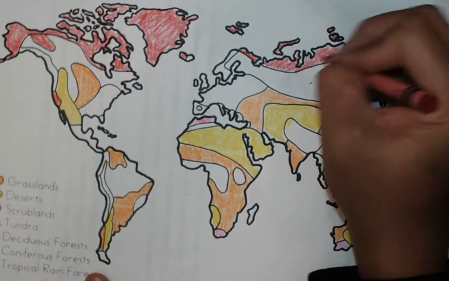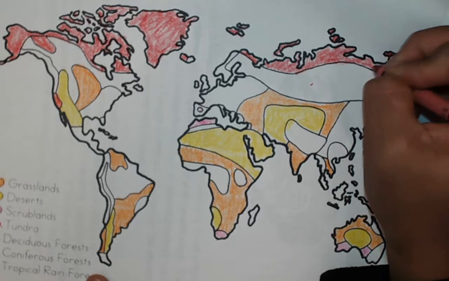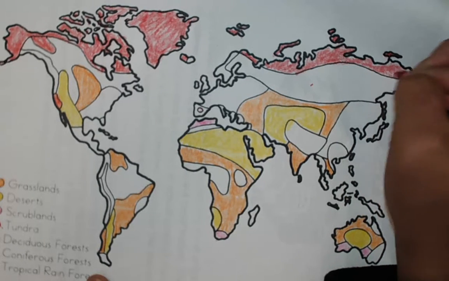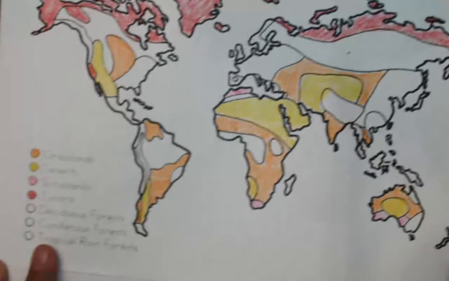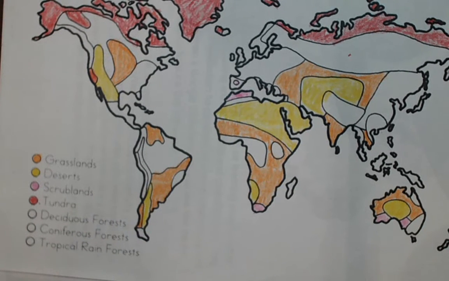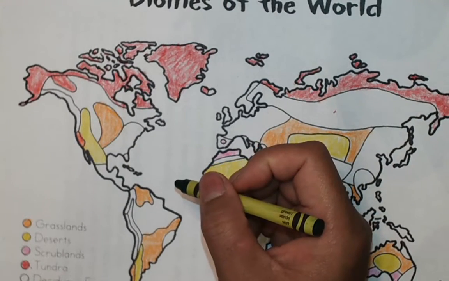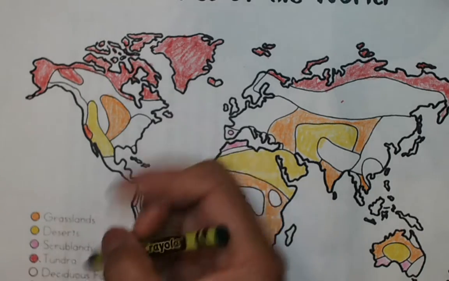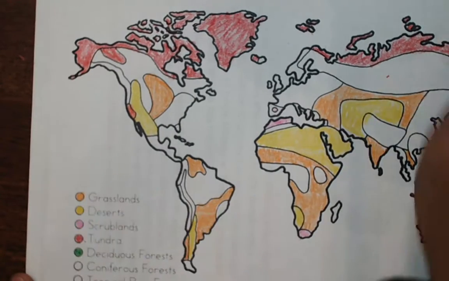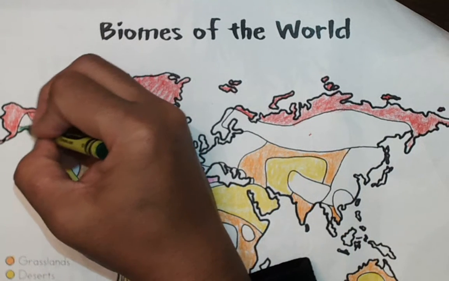Okay, we're nearly done, boys and girls. We're about to do the deciduous forest. So for the deciduous forest, which is next on our key, you're going to need, obviously, green. So let's get green. Right here, the dark green, if you could, because we're going to use dark and light green. So for the deciduous forest in dark green, we're going to color right here